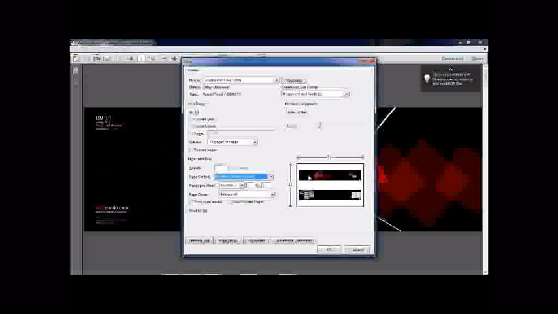Essentially, right now we have 2 spreads by 2 spreads. Now, to change that, remember, we don't want 2 spreads by 2 spreads on 11 by 17. Basically, you have 4 pages here and 4 pages there. We want to change this to 1 by 2, so that we have 1 spread on top and 1 spread